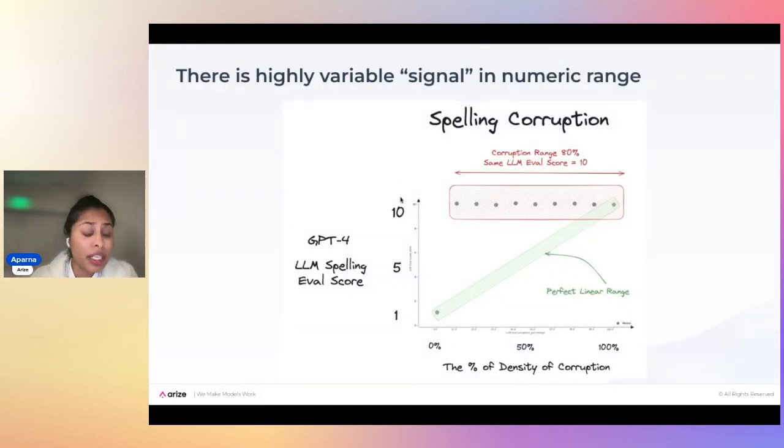This was pretty consistent across a lot of foundational models, where even as we increased the density of the corruptions, we saw a pretty binary type of response. It was either a 1 or a 10. What we really wanted was a gradual, perfectly linear range.